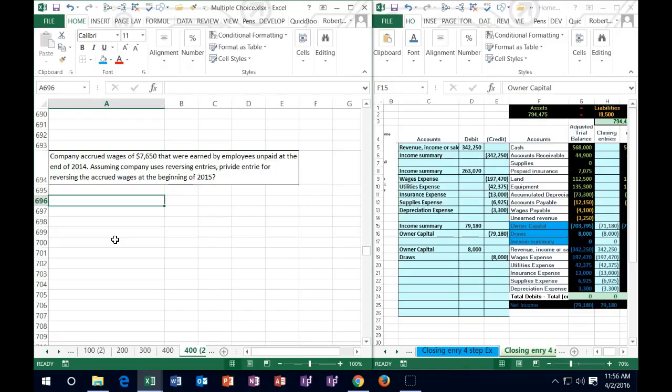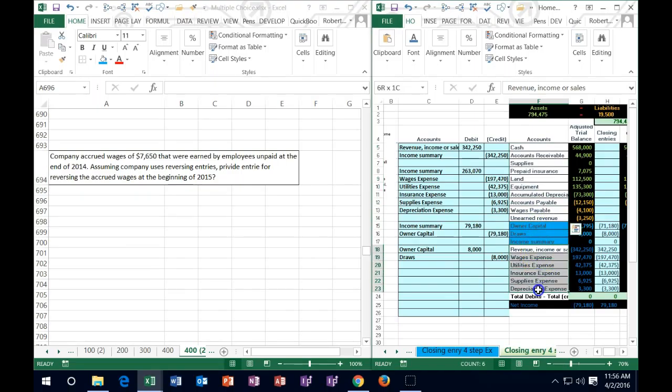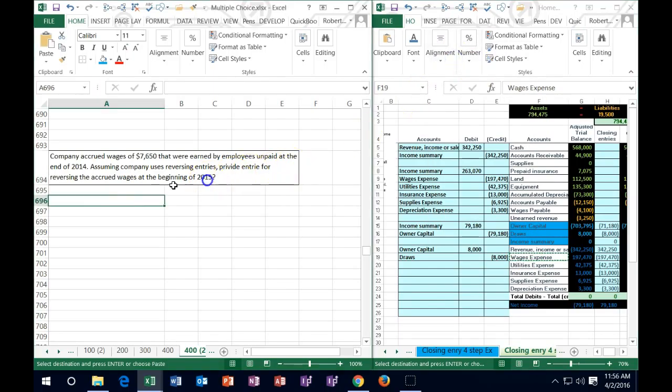So if we think about that, let's think about what that journal entry would be, and then what the reversing would be. The adjusting entries always have a balance sheet account and an income statement account, and we know that the income statement account here is going to be wages expense, because that's what's going to be related to wages, or salaries expense or something like that. So the wages or salaries or whatever related to payroll expense is going to be debited